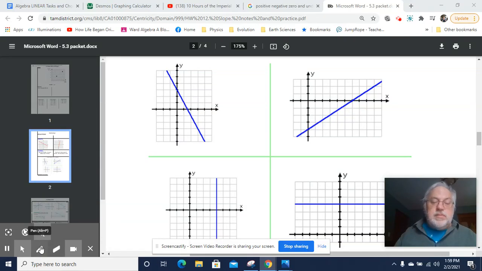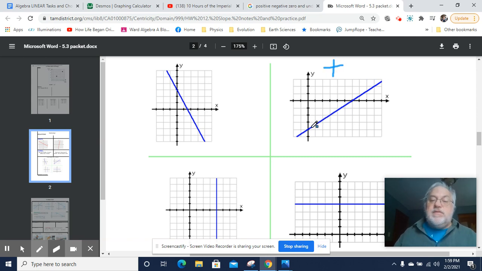This is Mr. Warden. I'm going to talk about positive and negative and undefined and zero slope. So it's really useful to be able to just quickly recognize if a slope is positive or negative. The simple way of thinking of it is it's up to the right. If you're reading from left to right and the line goes up, then the slope is going to be